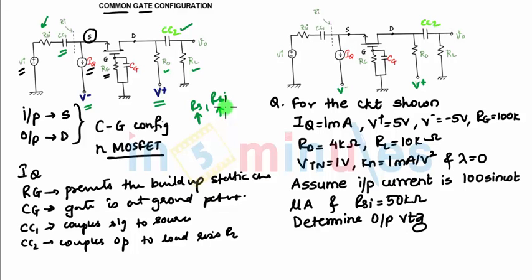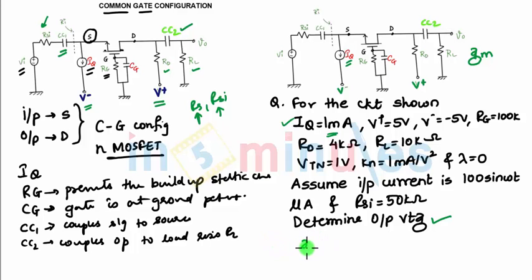Similarly, on this you can have a problem wherein you need to find the output voltage. They have given the constant current source value of 1 milliampere, both the supplies V plus and V minus, then the gate resistance, drain resistance and load resistance; all values are given. For this we need to do the DC analysis first, because in the AC analysis we require the value of gm, that is, in the gain we always require the value of gm. So we can find from the DC analysis the value of VGSQ.